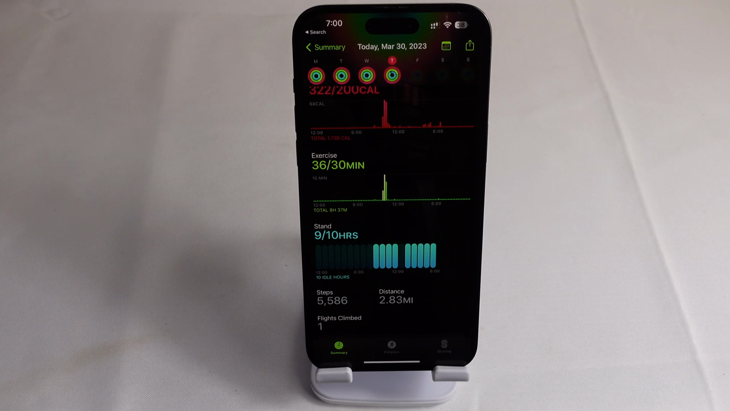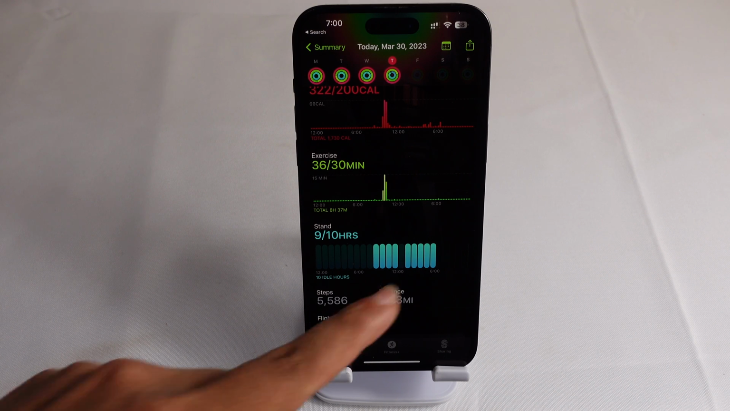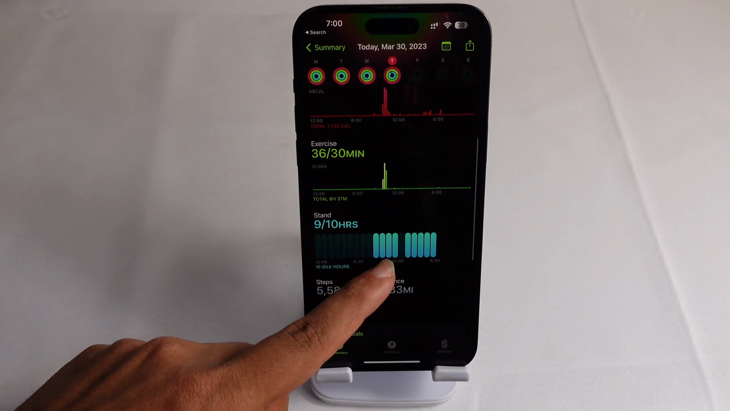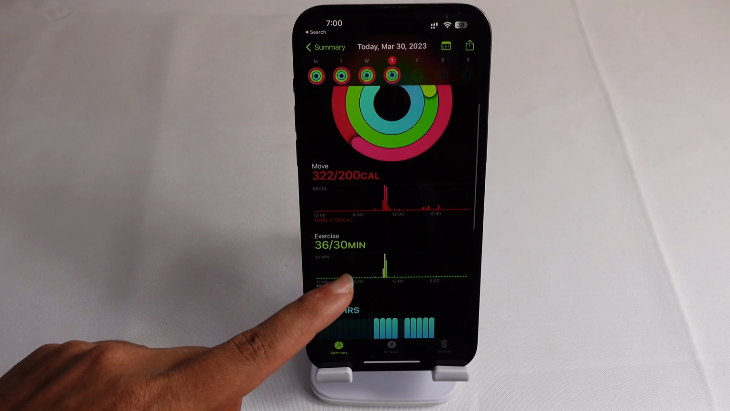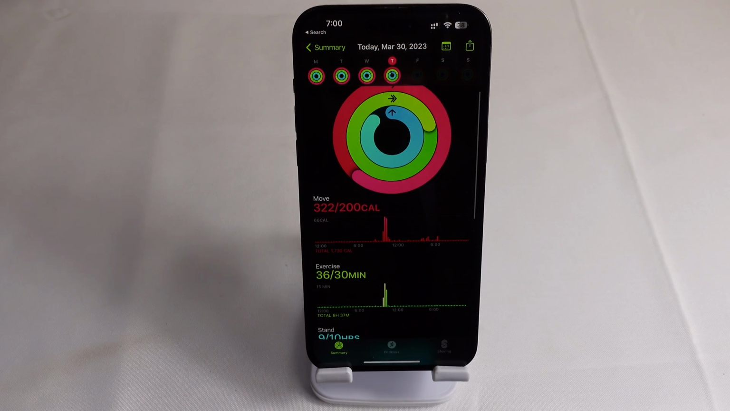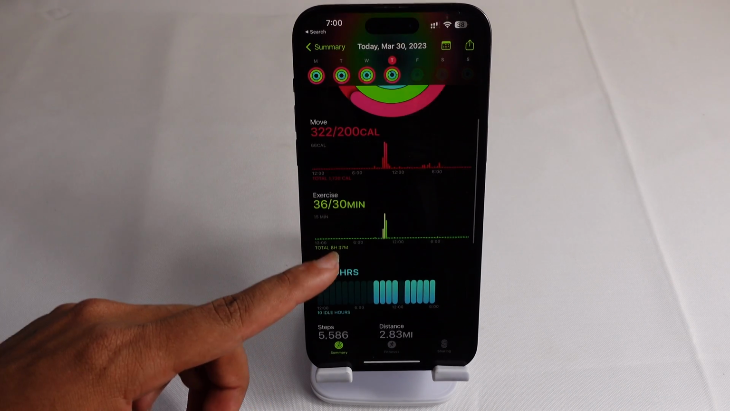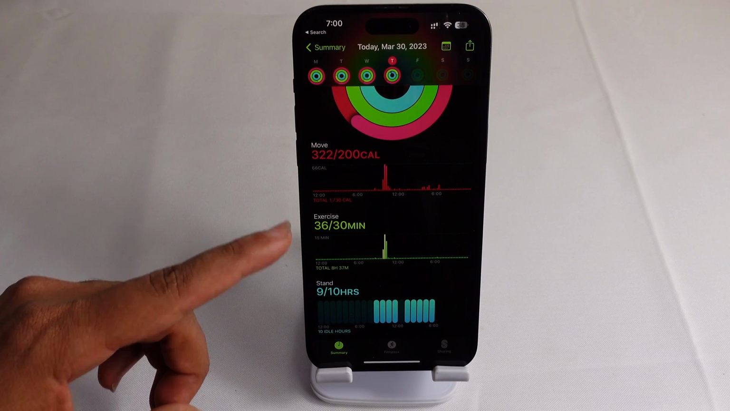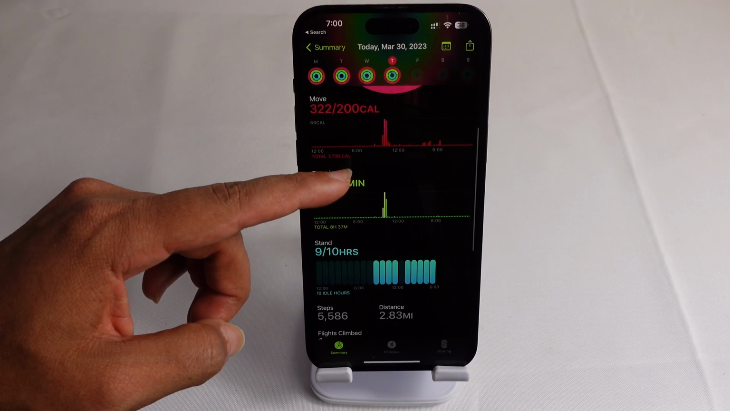You need to move at least for 30 seconds each hour in order to receive a blue stand hour. So that's how stand works. Exercise works by tracking your heart rate, and then move tracks more casually as you just move around versus you exercising really hard. So the Apple Watch brings these new rings, the exercise ring and the stand ring, inside of